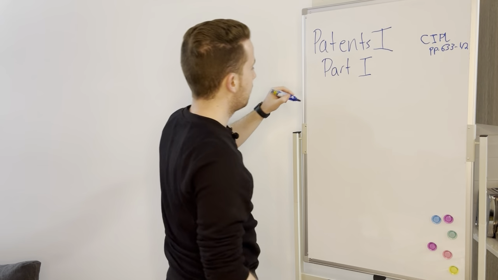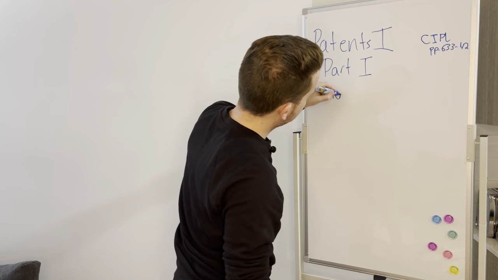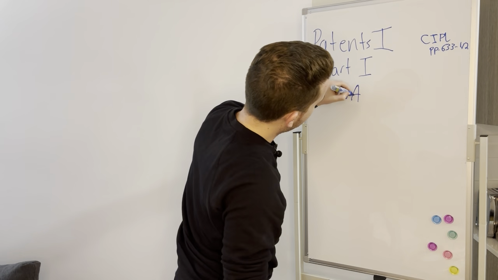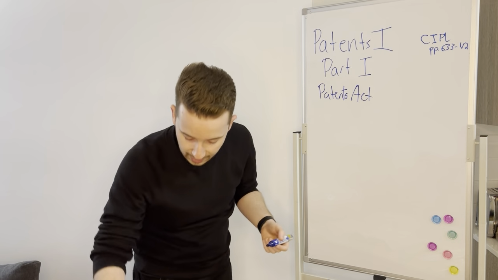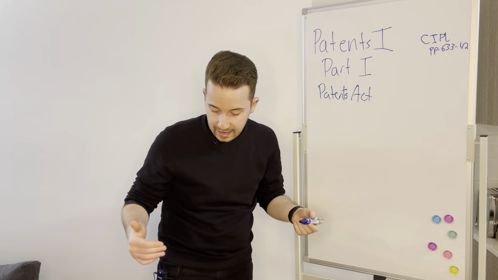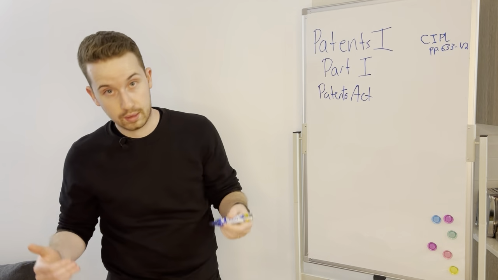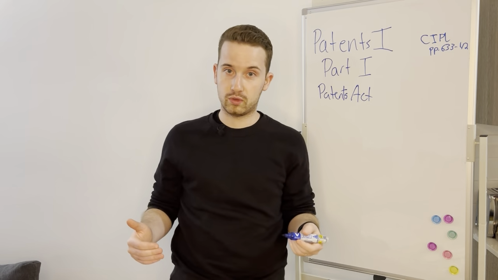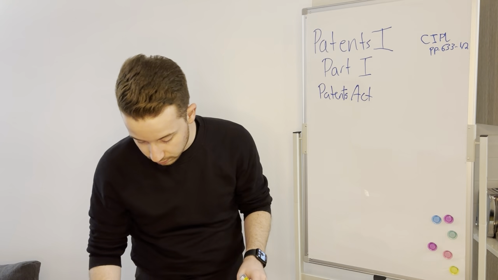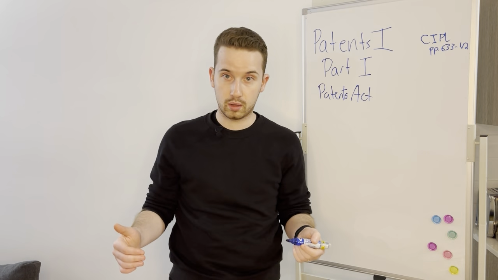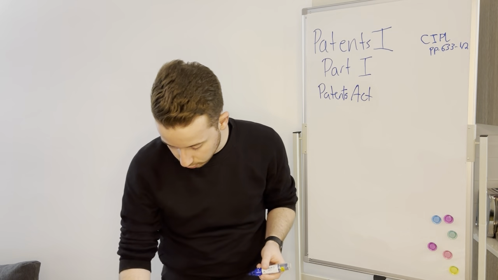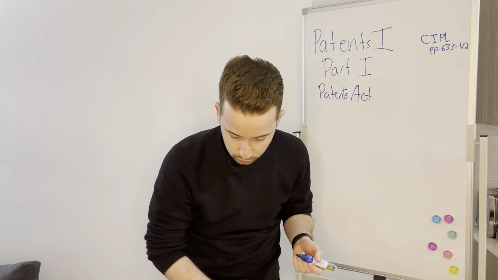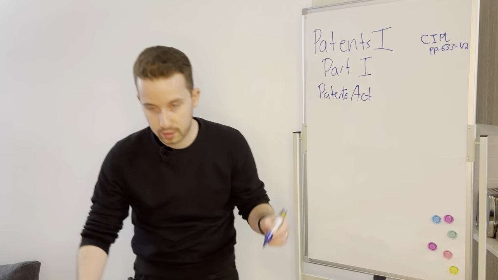And, like in our previous sections, we have a specific law that sets out the rules that apply to that type of intellectual property, and that is the Patents Act. And that is enacted by the federal government, as is the case for most other types of intellectual property law, because the federal government is specifically allowed under Section 91 of the Constitution, which says these are the things that the federal government can do to enact laws on patents, and as we saw, other types of intellectual property law. So, what's a patent?